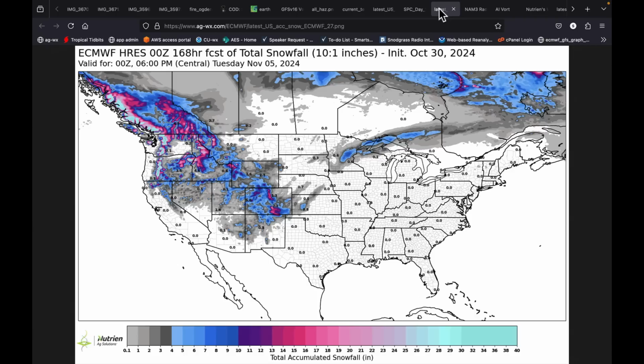To show you the other side of this, we're looking at quite a bit of snow. You can see it coming into the Cascades. The Sierra Nevada are going to pick up snow, and the whole spine of the Rocky Mountains. But there could be the possibility on the backside of this of getting some snow here in the western and high plains, and possibly in the upper Midwest, stretching into parts of Ontario as well. So we'll need to take a closer look at that in a few moments.